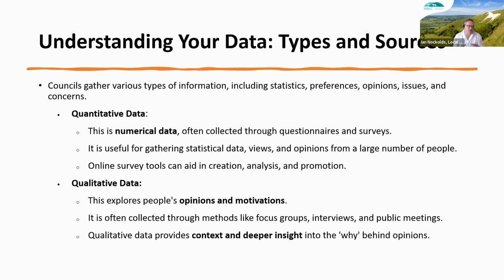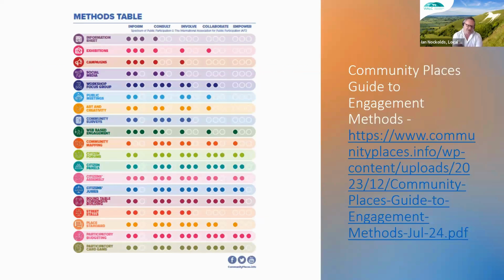And whereas the quantitative data often comes from surveys, whether they're online or door-to-door surveys, the qualitative may come from discussions, people sitting down together, talking in depth, where the interviewer has an opportunity to not be so structured, to pick apart opinions and try and understand what sits behind them. So obviously there are different types of data, but there's a whole range of different mechanisms that enable you to collect that data.